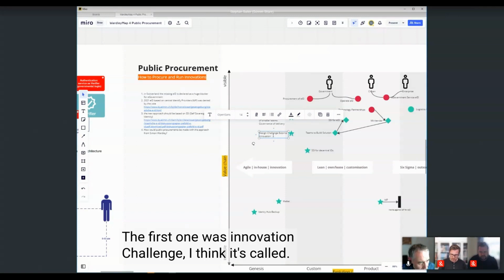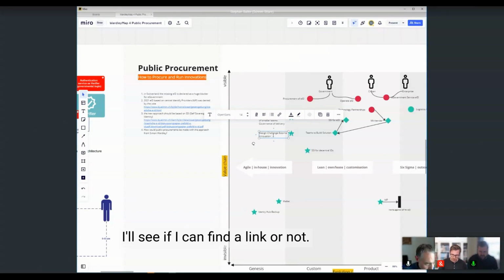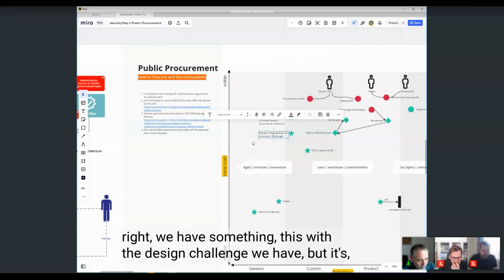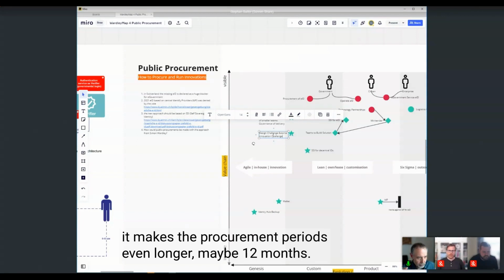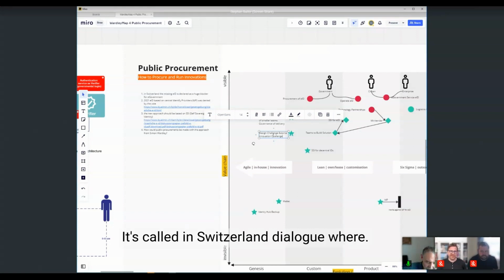The first one was Innovation Challenge, I think it's called. I'll see if I can find a link, and if I can, I'll put it in the chat. Yes, would be great. Yes, this is right. We have something, this is the design challenge we have, but it makes the procurement period even longer, maybe 12 months. It's called in Switzerland